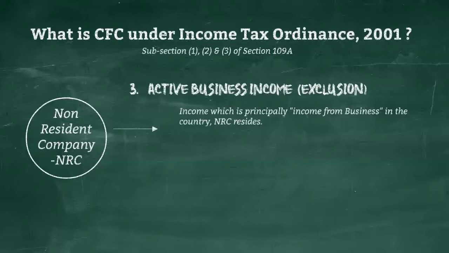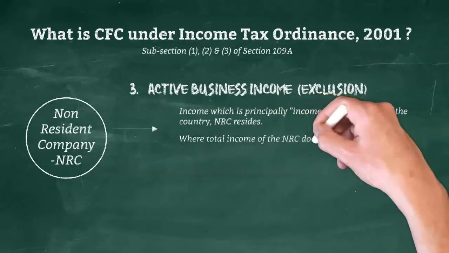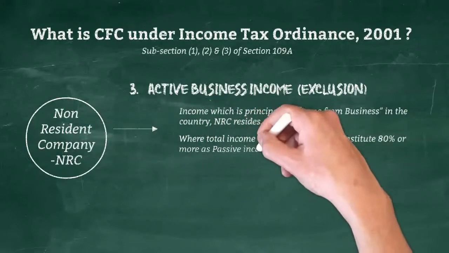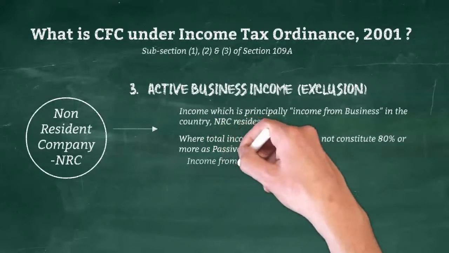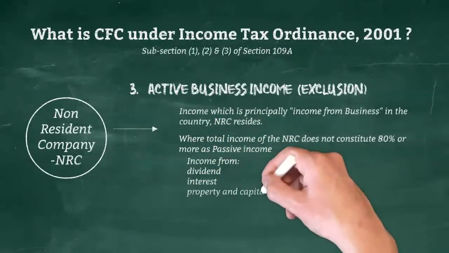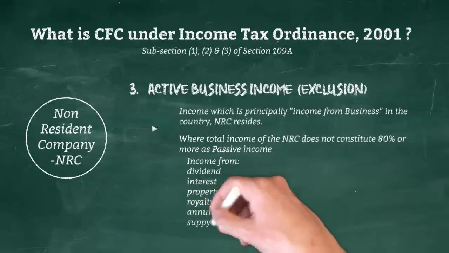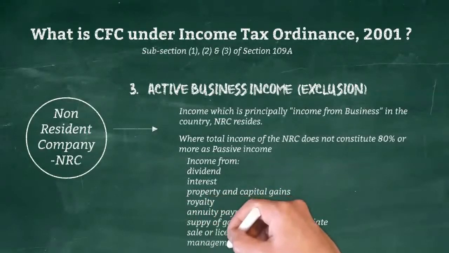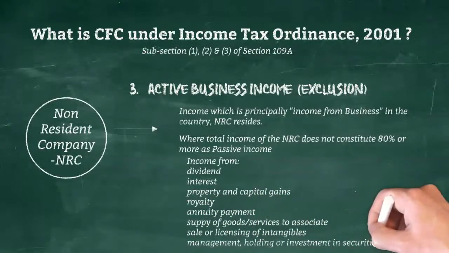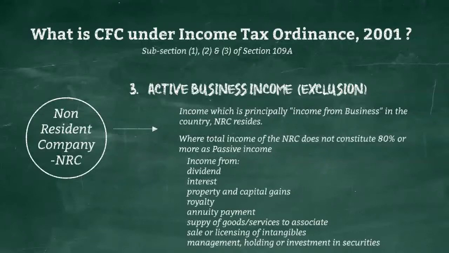or jurisdiction. The law stipulates that a non-resident company shall be treated to derive active income if more than 80% of total income does not include passive income, which includes dividend income, interest, property and capital gains, royalty, annuity payments, sale services to associates, sale or licensing of IP, that is intellectual property, and management, holding or investment in securities